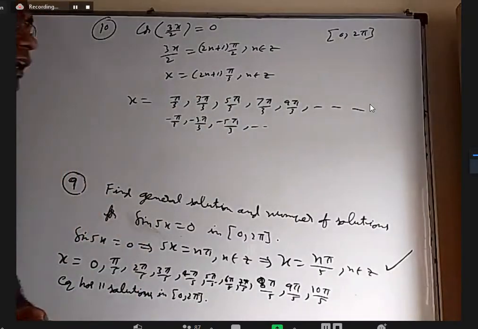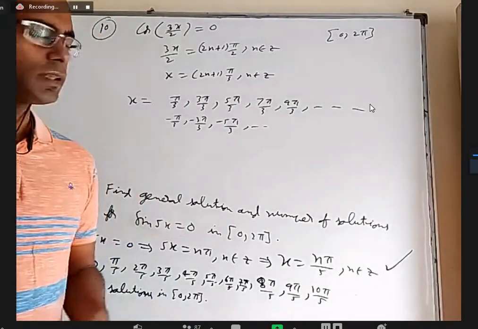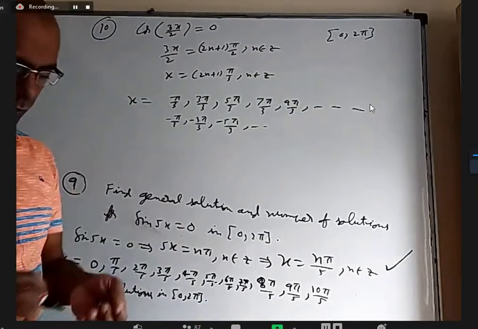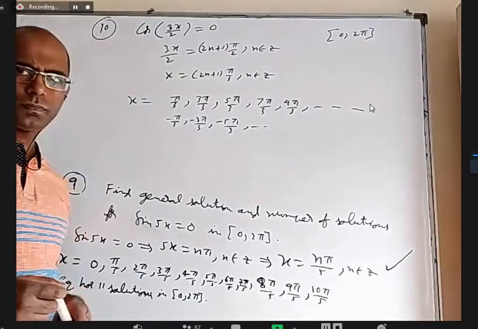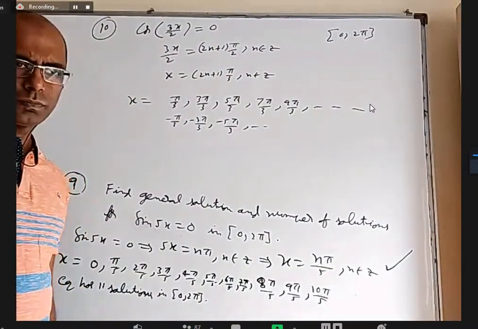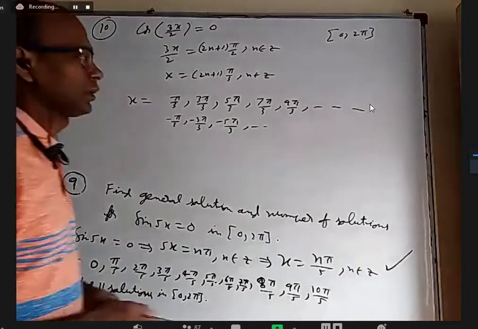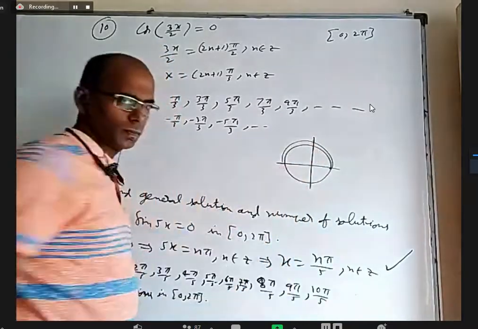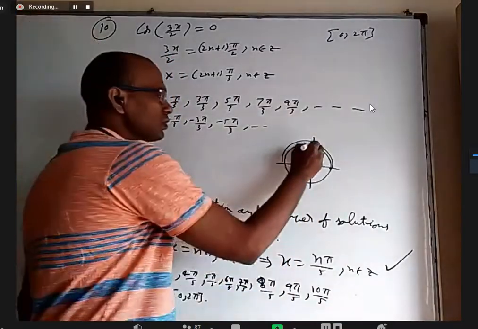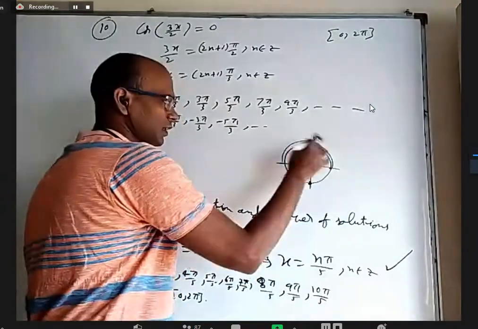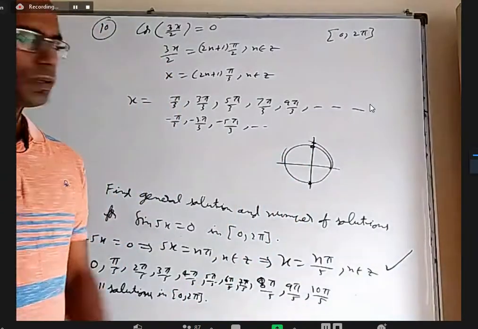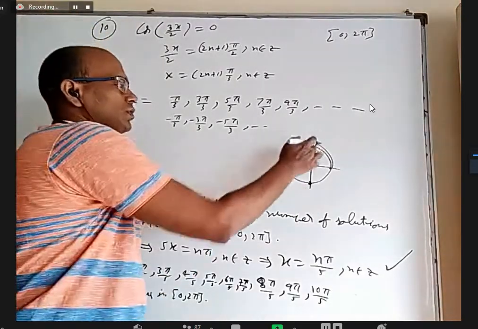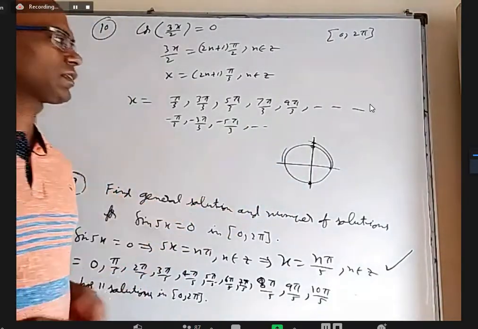If you want to see in the graph or definition, when x is between 0 to 2 pi, 3x by 2 is between what to what? 0 to 3 pi. 0 to 3 pi means one rotation plus another half rotation. And where is cos 0? Here, here, and again here next, in the next rotation. You can see cos 90 is 0, cos 270, and next cos 450. Cos is 0 at these two places. So directly in the figure, it is 3 solutions.